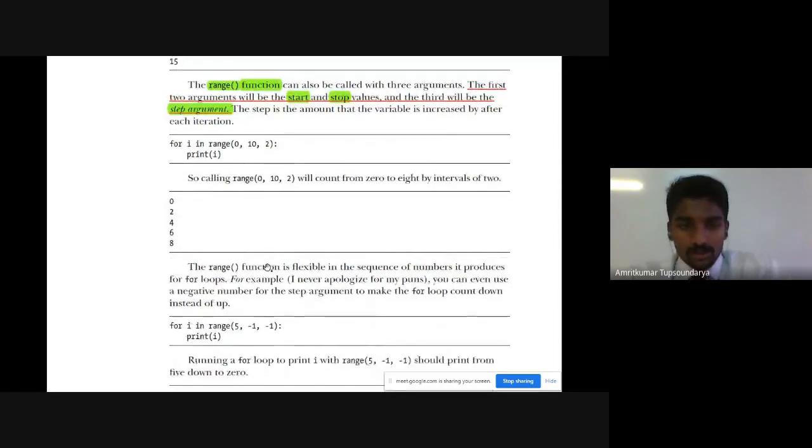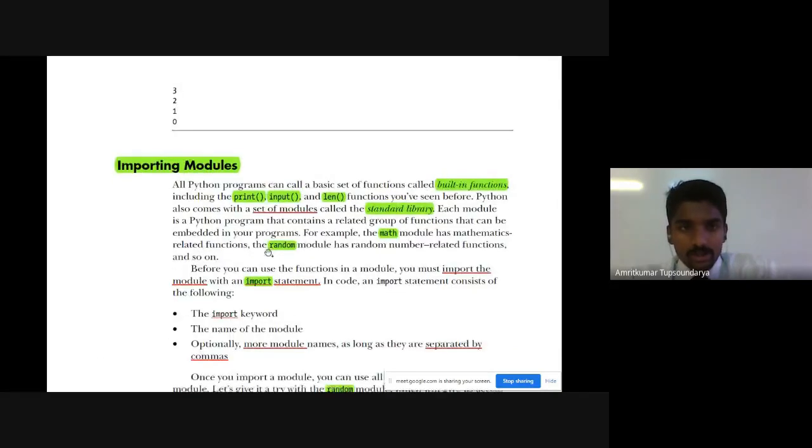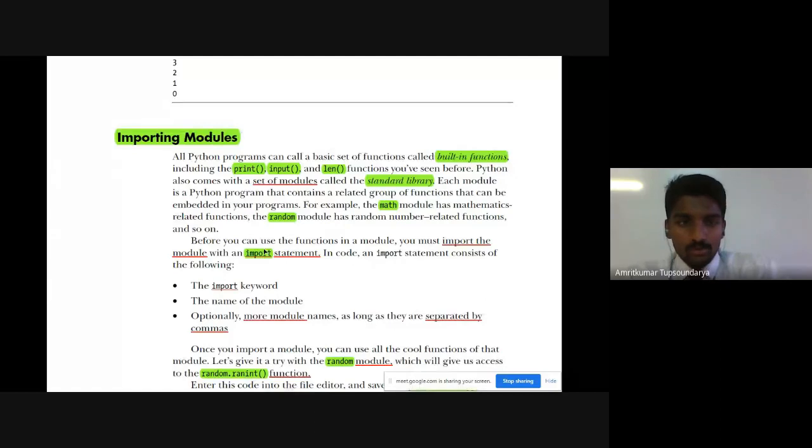So on similar lines, now we will see how we import these modules, how we use these modules, what is the way to import them, and how we can make use of the functions which are available in various modules. Like in all other programming languages, we have seen how we import modules. It is somewhat similar in Python as well.